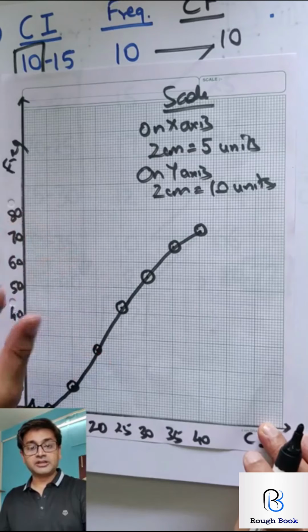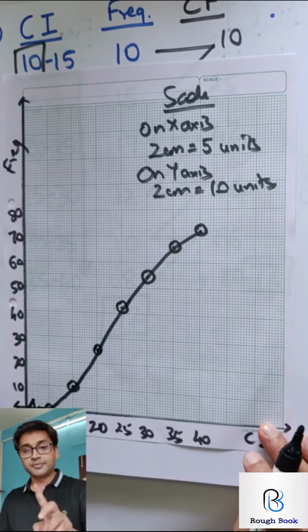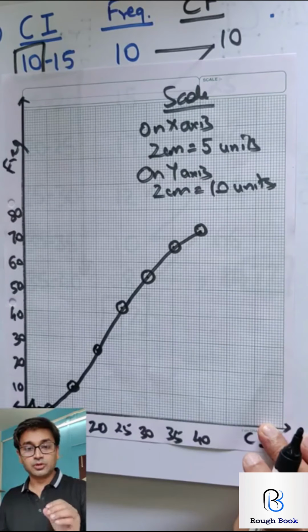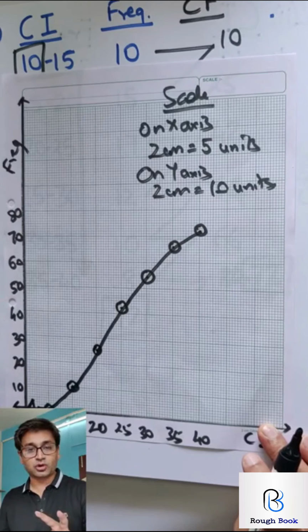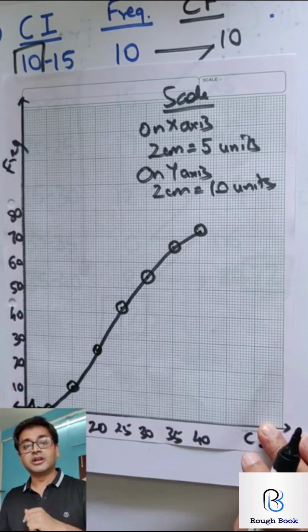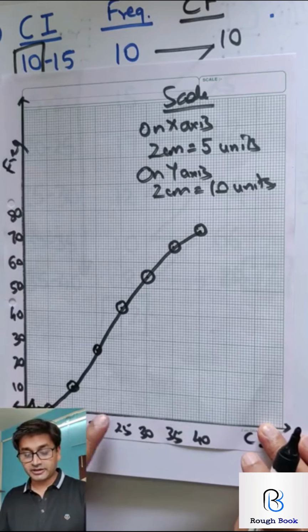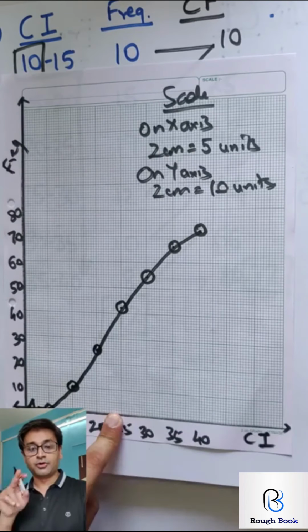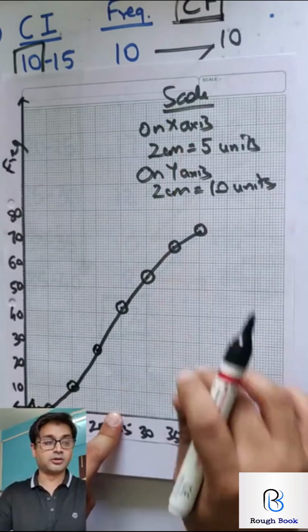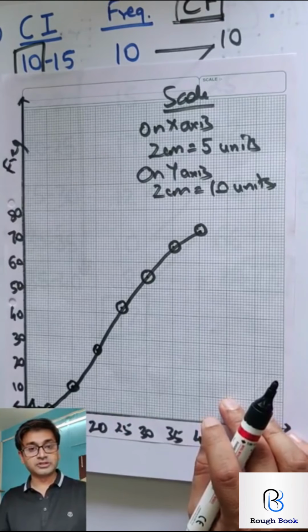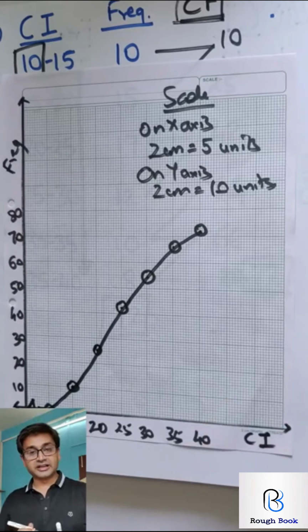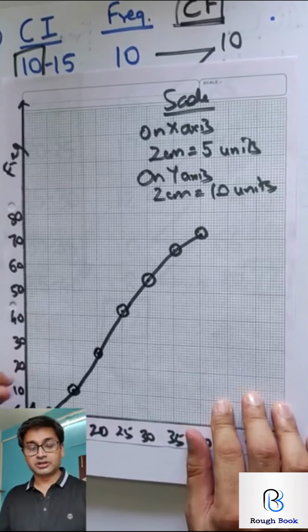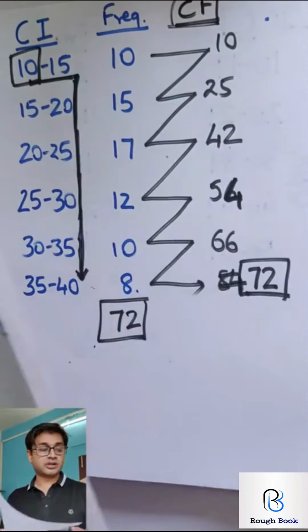I hope by now at least you know both the things, the histogram and the cumulative frequency. We took some more time to understand these two concepts. Now that we know them well, we can go fast. Alright, so remember, whenever you're constructing the cumulative frequency, the reverse L technique, and what you need is a cumulative frequency column. Once you got your cumulative frequency column, use the reverse L technique and obviously you will be able to construct your graph. Let's go with the next one.